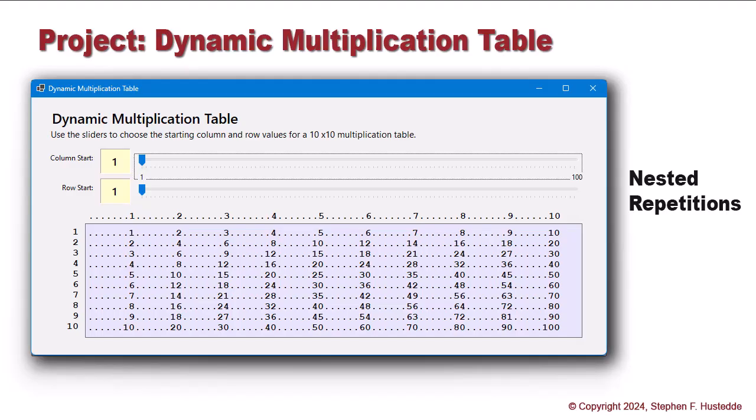The dynamic multiplication table project is a great example of using nested repetitions to build values for rows in a text box, and the values are the intersections of the column and row headings in this table. It's a great example of doing that, and I use various versions of this in almost every beginning programming class that I teach. But I thought here in this course, using Visual Basic, I would do things a little bit differently, and that is to gather the input from the user on where they want the rows and the columns